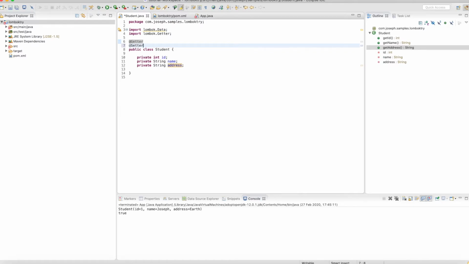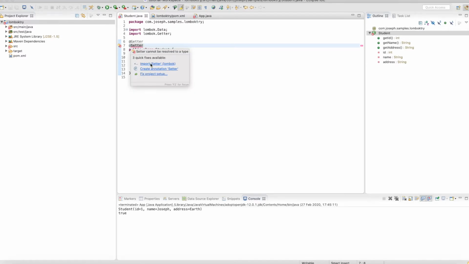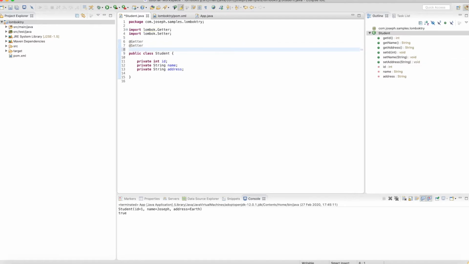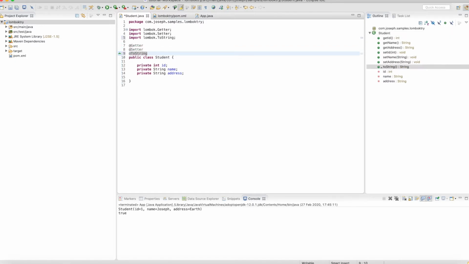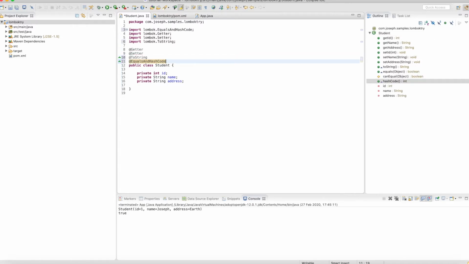Can also do setters, same thing. There's also a separate annotation for them. Let's say toString, and equals and hashCode. Okay, just so you know that you can separate